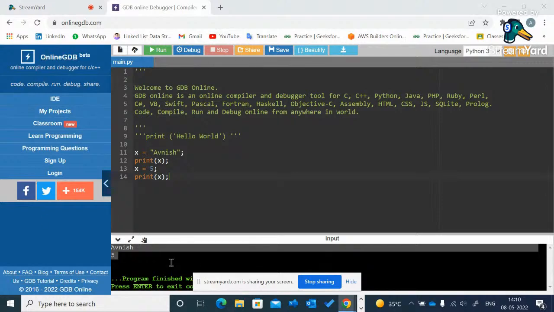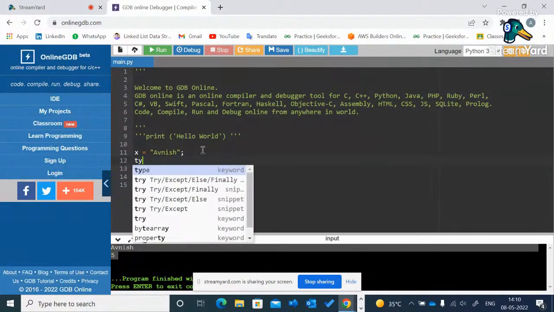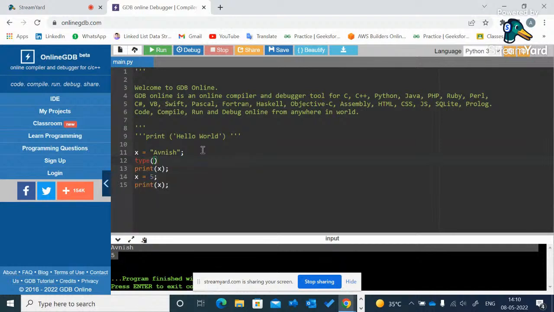The other thing you can do, my bad, I should write this also. With this type function, you can check what is the type of this x, and to print it in the console, you must write the print statement, right? And what you do is just print what it is. This type statement is going to give me the type of x in this line, right? If I run,